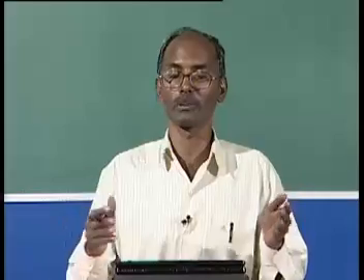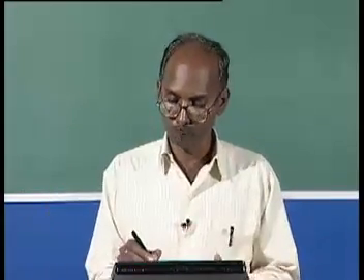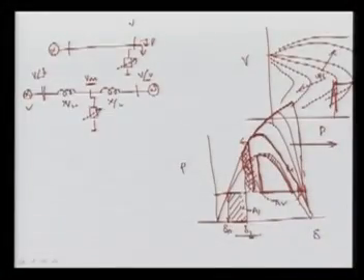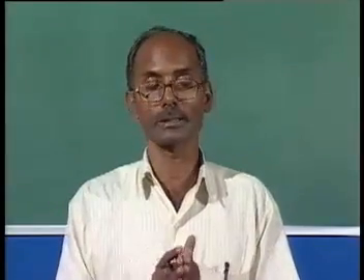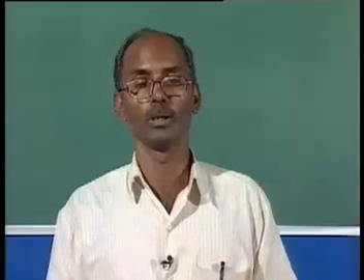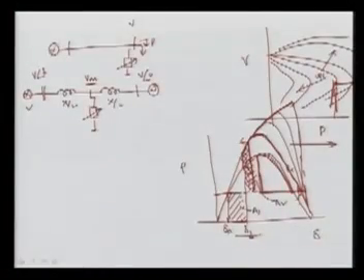I showed you the margin is more, meaning you are more stable, so you can go for a larger fault, and even though the fault persists for a longer period, your system will not be unstable. If the margin is less, there will be chances your system will be unstable, because you will not have enough margin, and the system will keep on oscillating and delta will keep on separating from other machines.